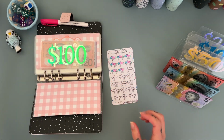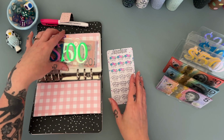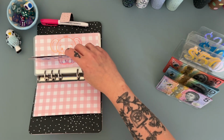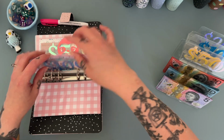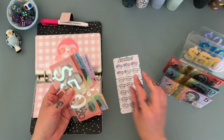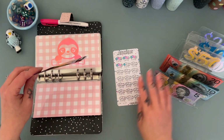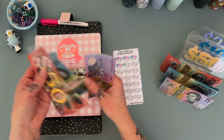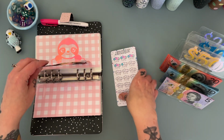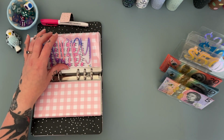So Ducky is getting 25. I might colour these in later because I'm going to start running out of time, because I have to go and pick her up from school soon. My big two are already on holidays. Sloth Boy is getting 25, so he's got 50, 70, 90, 100, 110 in his. Then Hubby is getting